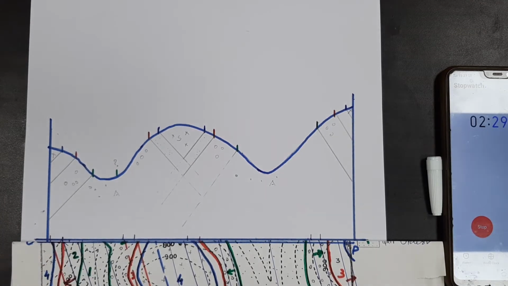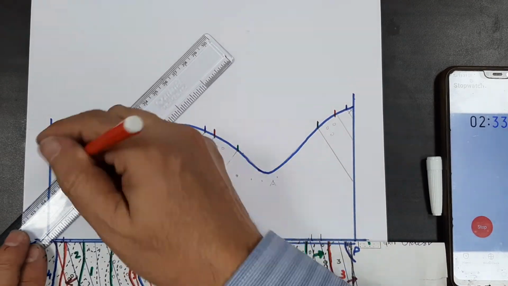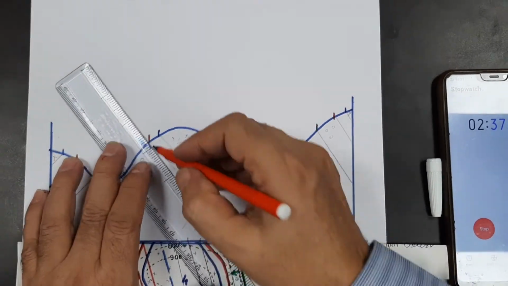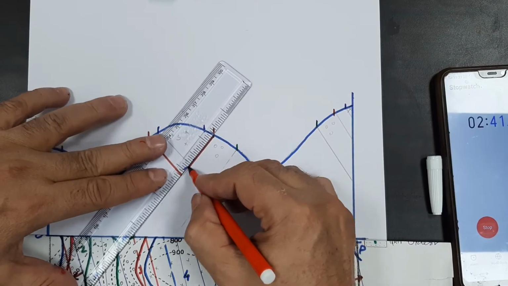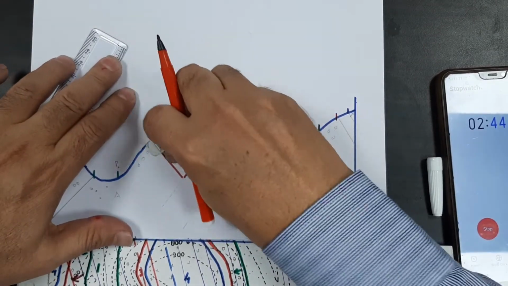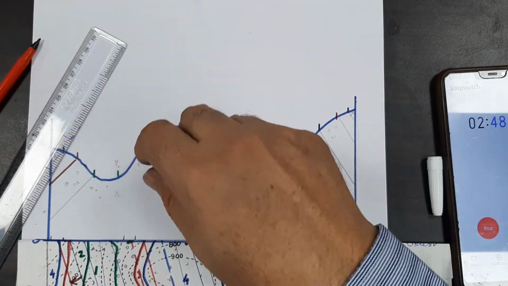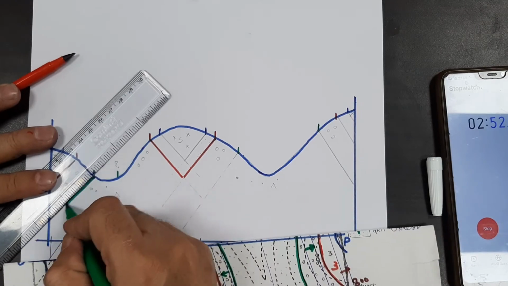I can show you the contacts also. This is the red one, this is the red one, this is the red one here, this is the red one. This one is blank shown here, and this one is the green one here.